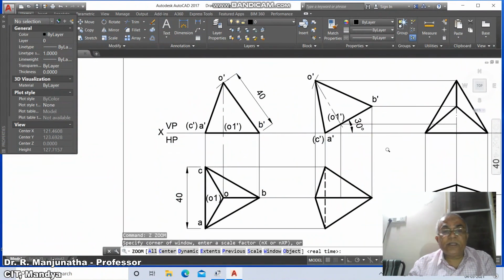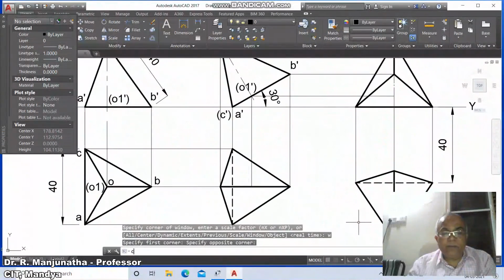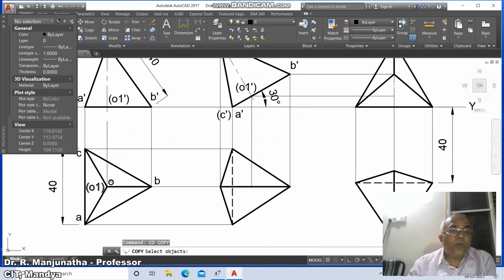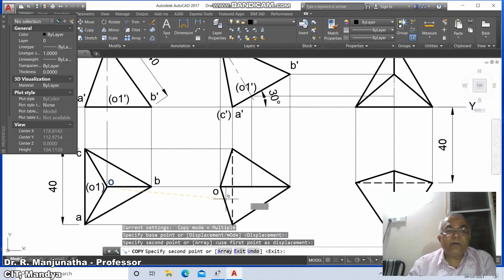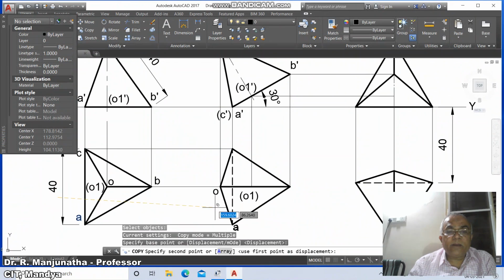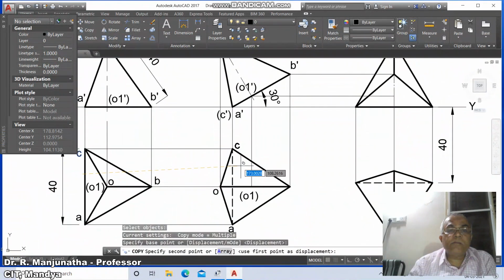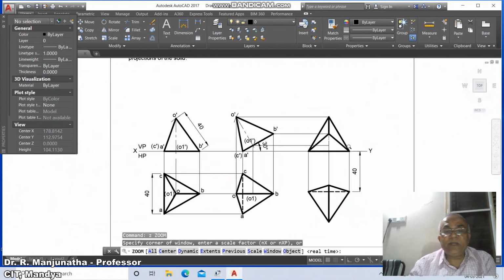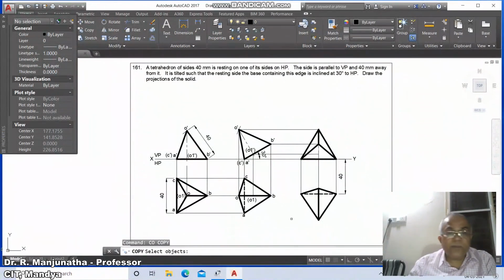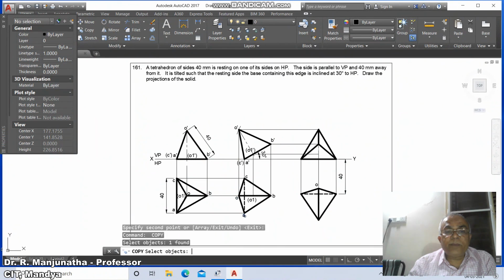Similarly, you come down to this, then you go to copy, select O, copy this here, then you select O1, you copy this here, then you copy A here, then you copy C here, copy B here,